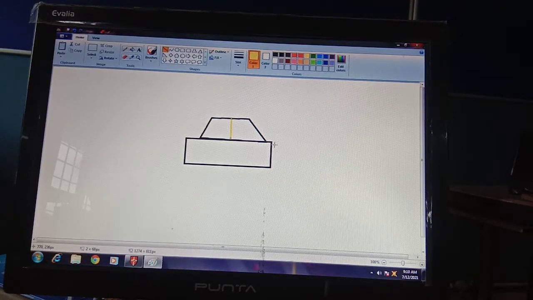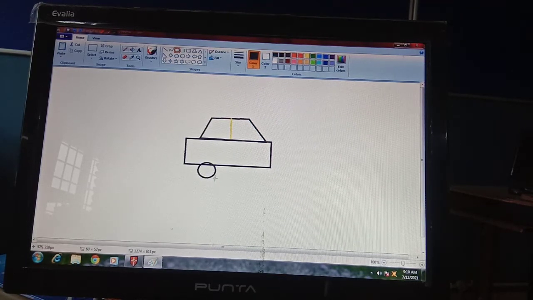Okay, and two tires we need to make. Wait a minute, Control plus Z to undo. Okay, and these are the tires I'm making.